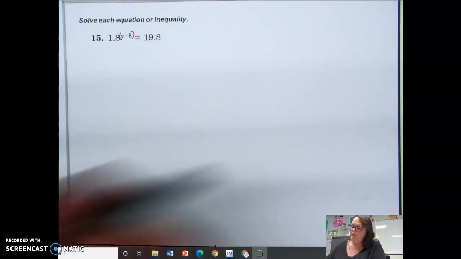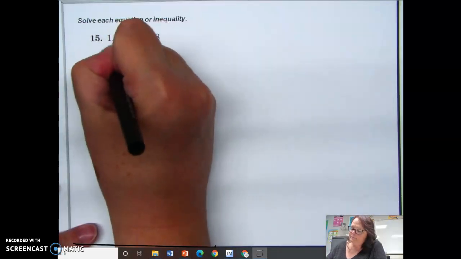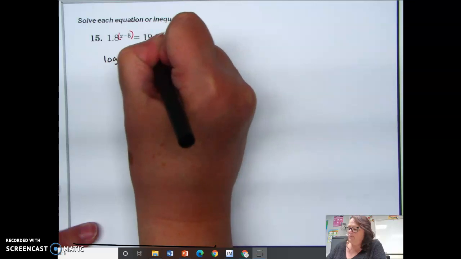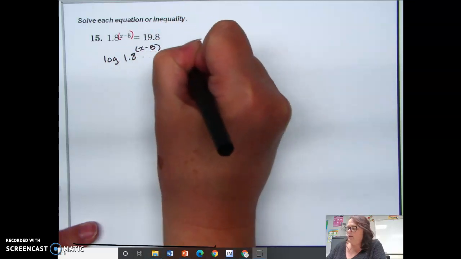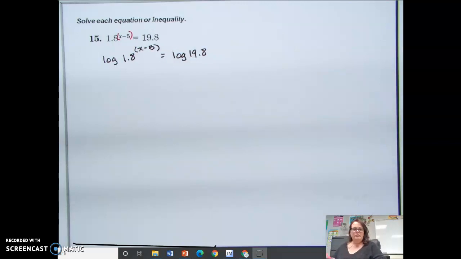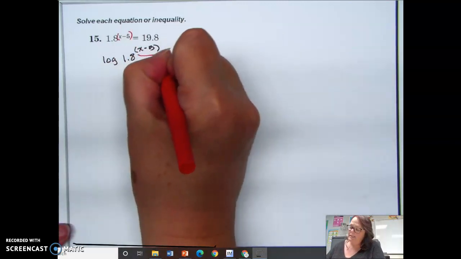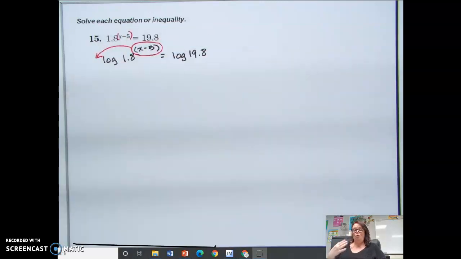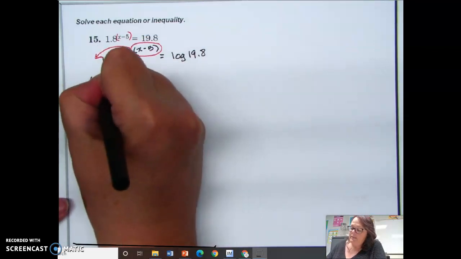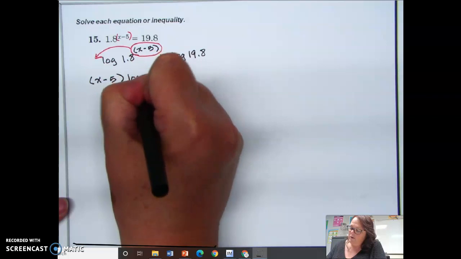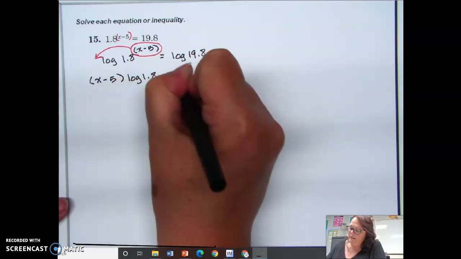So if I take the log of both sides, I have the log of 1.8 to the power of x minus 5 is equal to the log of 19.8. And then just like I've been doing, my power rule says take this entire exponent and bring it down, but you have to bring it down as a whole in the parentheses, not separately. So this means that I have x minus 5 here times the log of 1.8 is equal to the log